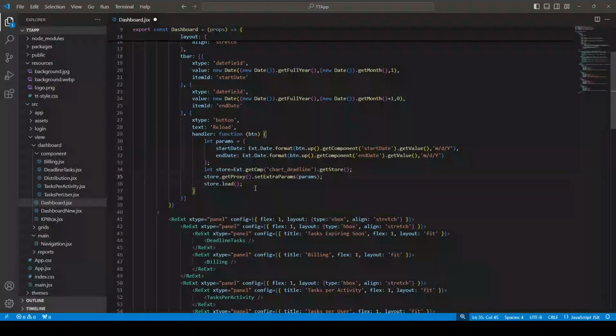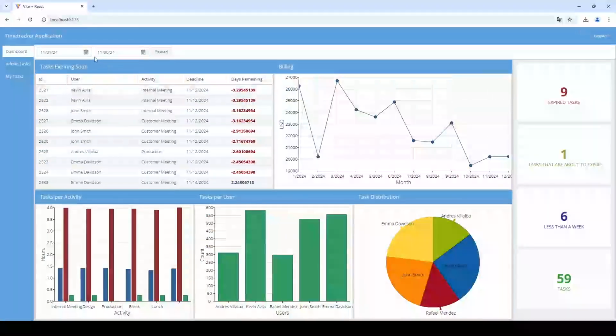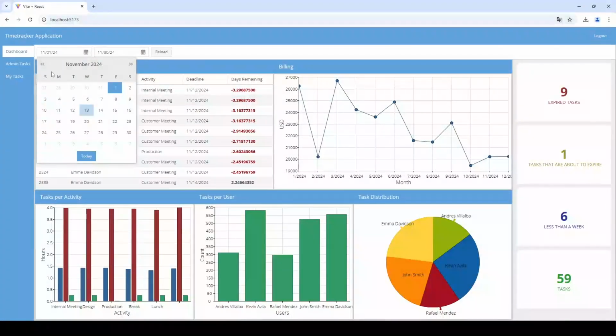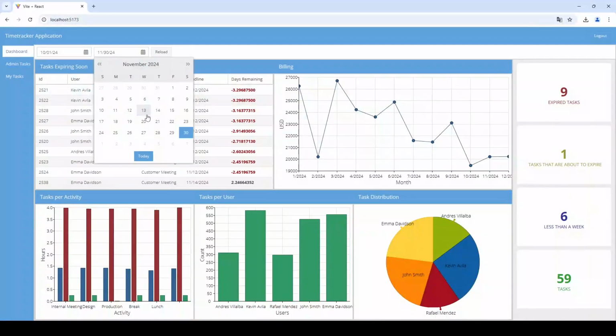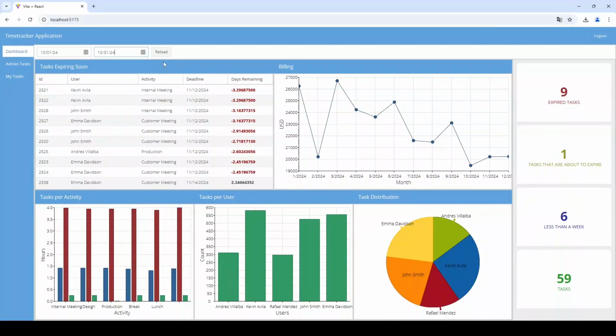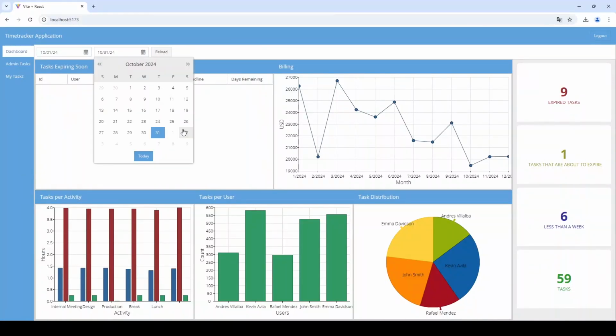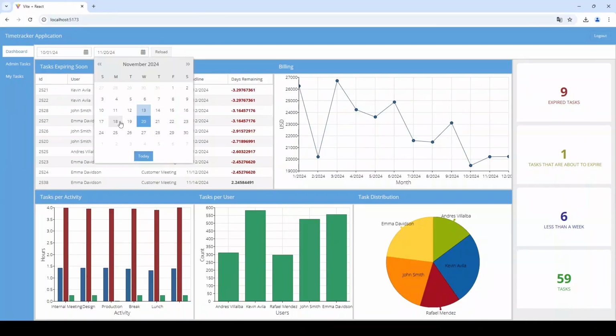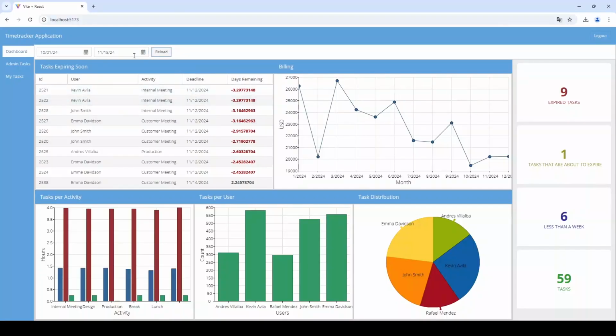And that's basically it, but I would have to do that for every chart. So I'm gonna try to simplify this, but let's see exactly what's going on right now. This is only happening on our deadline chart, which basically it's the grid. So right now, if I click on reload, there won't be much that we can see, but let's say that I move to October and all those tasks have been finished. So that's going to be empty. Or what if I try just grabbing a few days from November? I'm gonna get something different, okay? So that's working